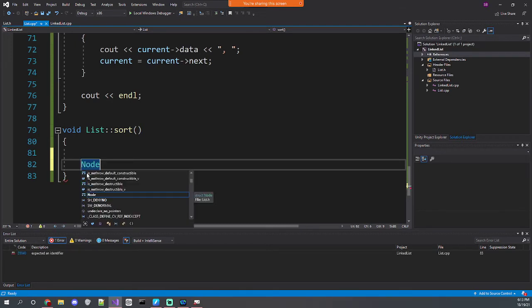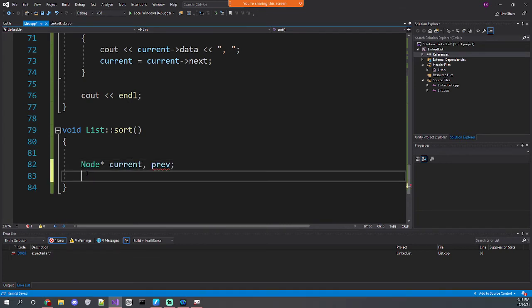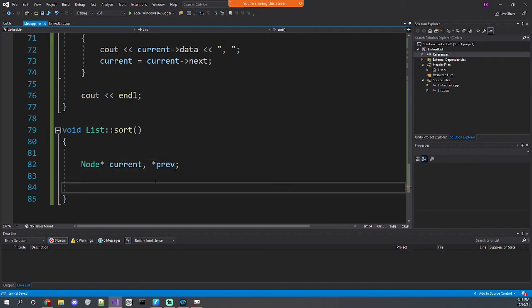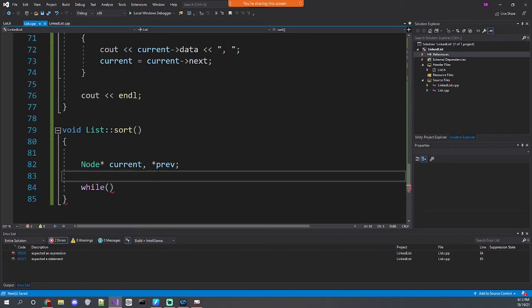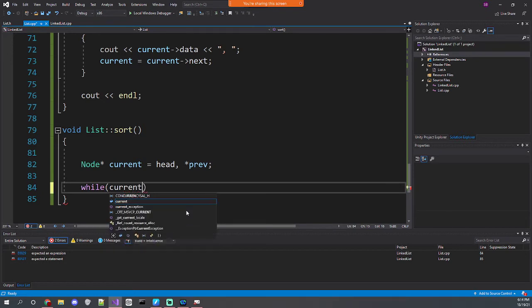Geez, let's see if we can actually do this. So node pointer, current, previous. Oh, I need this to be a pointer. And then what we want to do is, I'm just going to do 2 while loops. So we'll set the current equal to the head, and the previous will have to be, I mean, it can't be anything, right? So we're just going to have to leave it like that. And then we say while current